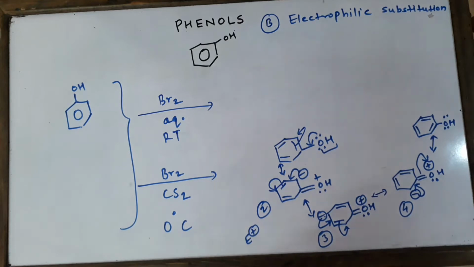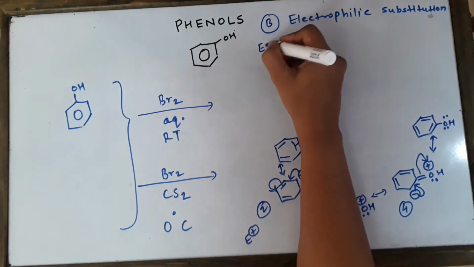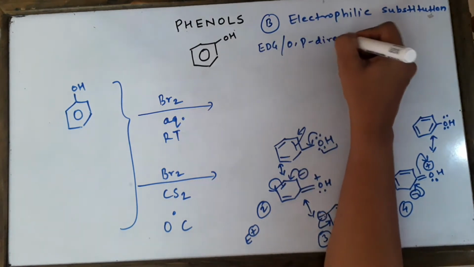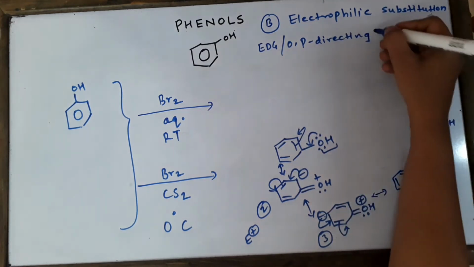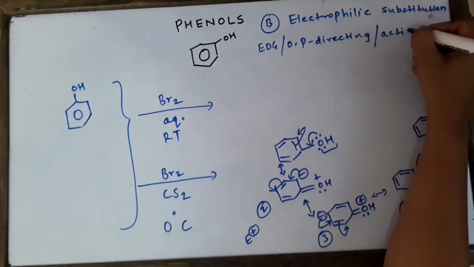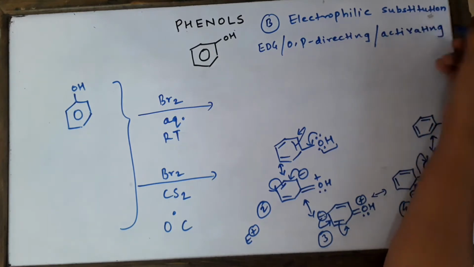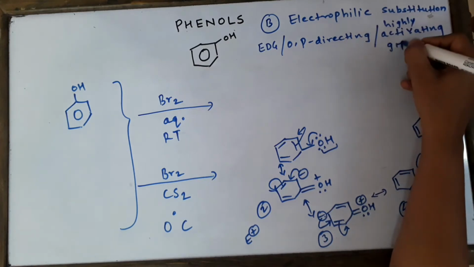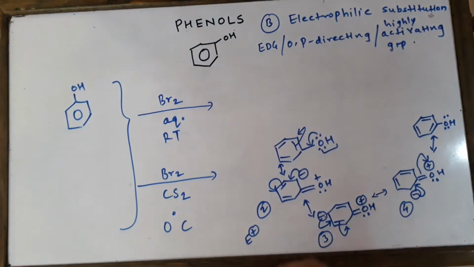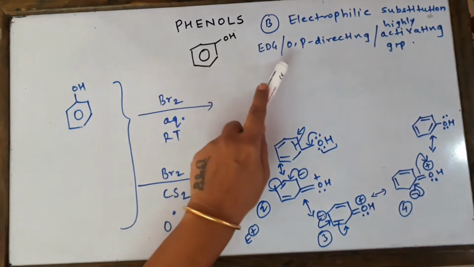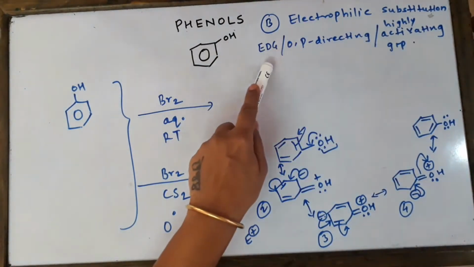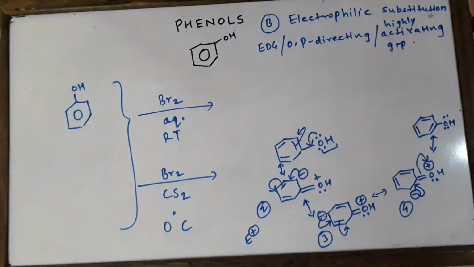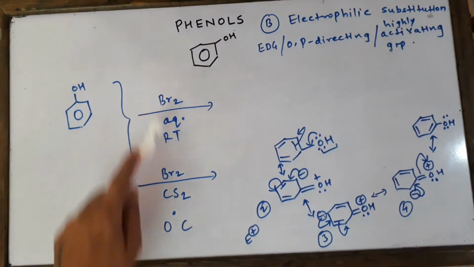So we are just going to write one comment about OH, that OH is an electron donating, ortho para directing group towards electrophilic substitution reactions, or we'll also use a better word actually, that it is an activating, not just activating, we'll write highly activating group. These words should be there in your exam. Hydroxy is going to be a highly activating group, electron donating group, ortho para directing group. We're going to draw these 5 structures also in the exam. With this, now let us see the reactions of phenol.